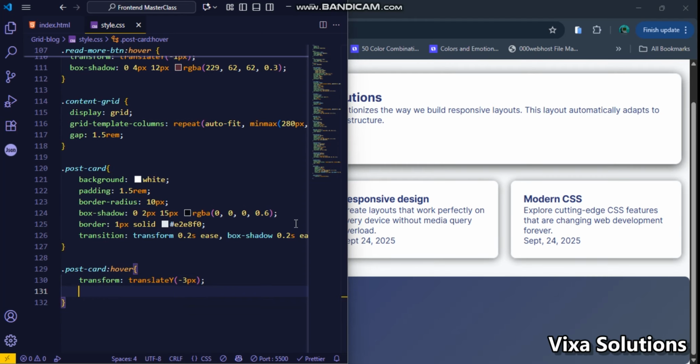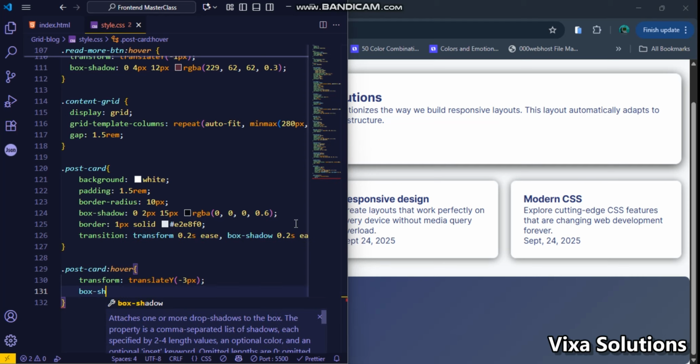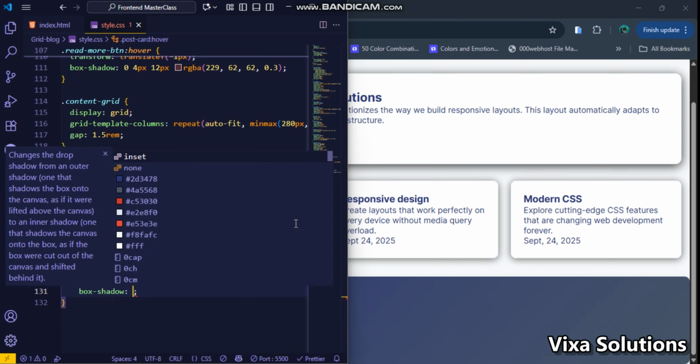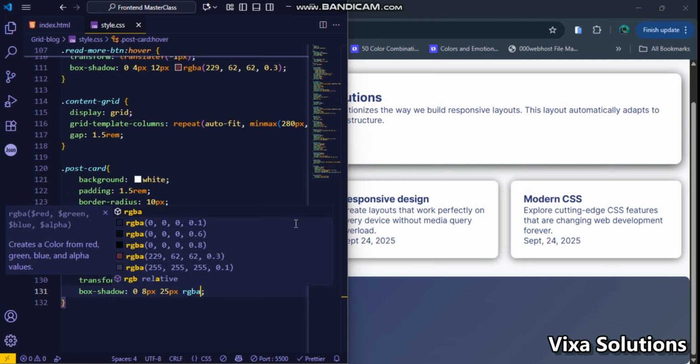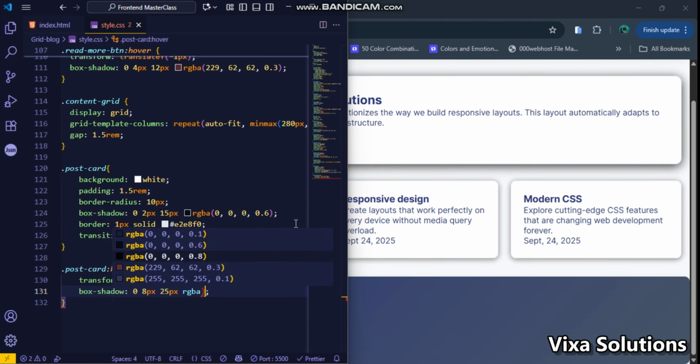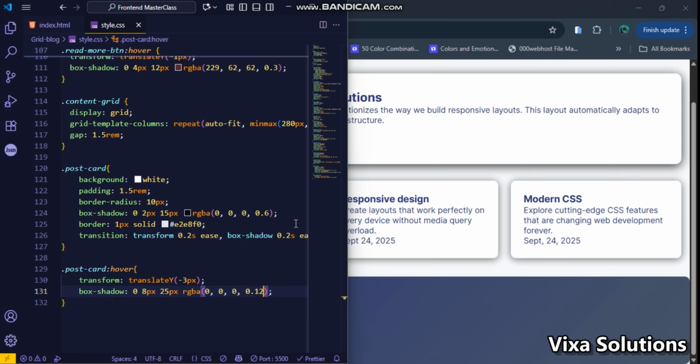Okay, I also want to change the box shadow to 0, 8 pixels, 25 pixels, and then RGBA 0.12. Okay,